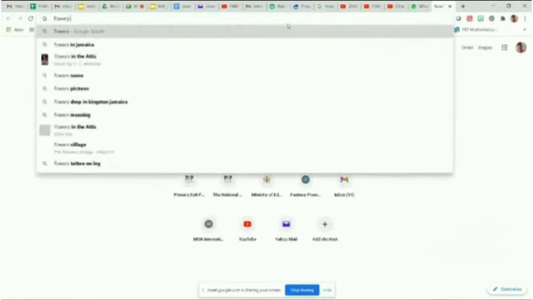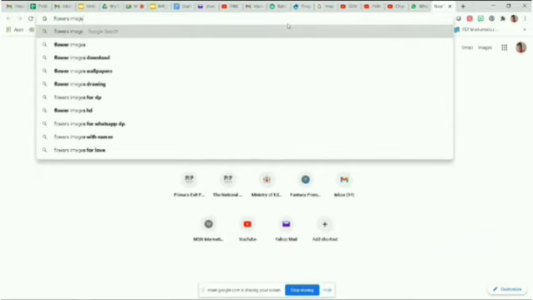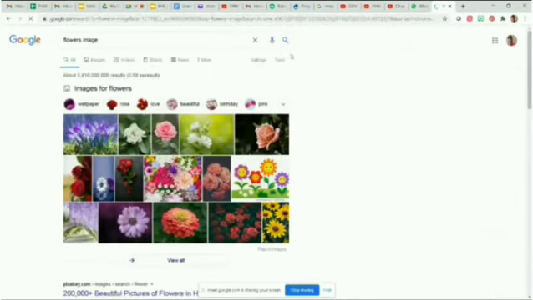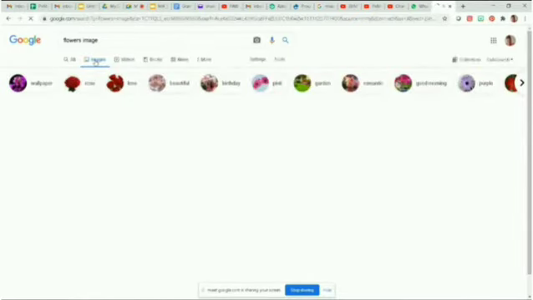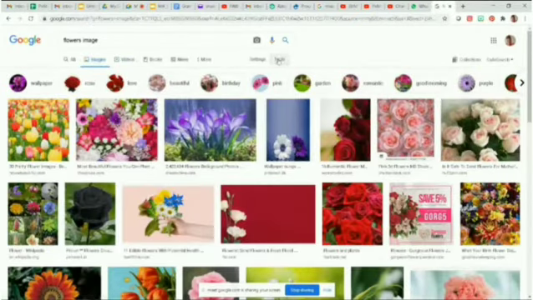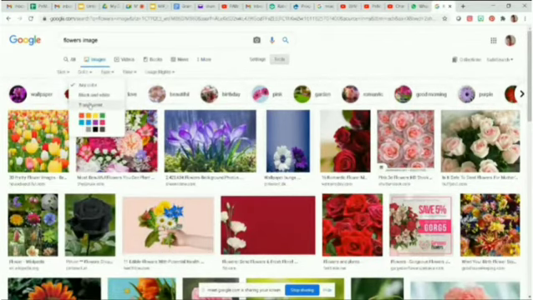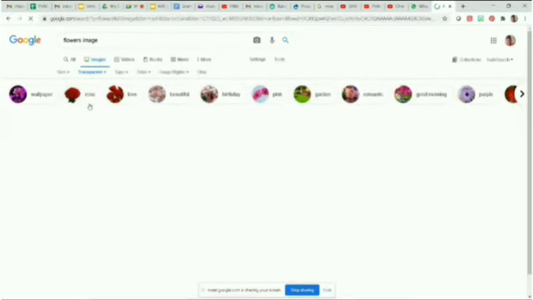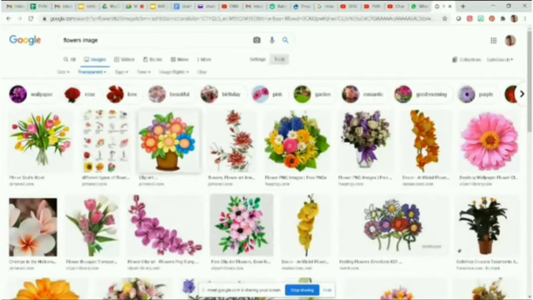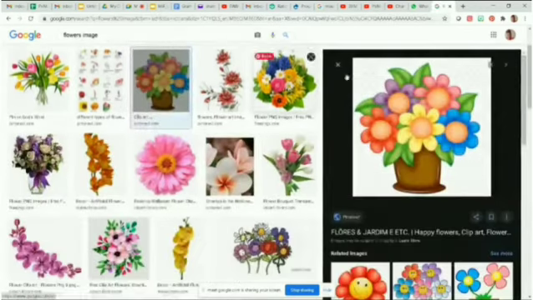flowers image. So I would select images. And when you have selected that, there's a part here that says tools. You click on tools, you go to color, and you select transparent. So whichever one you select, so if I select this, they normally have this kind of checkers background here, and